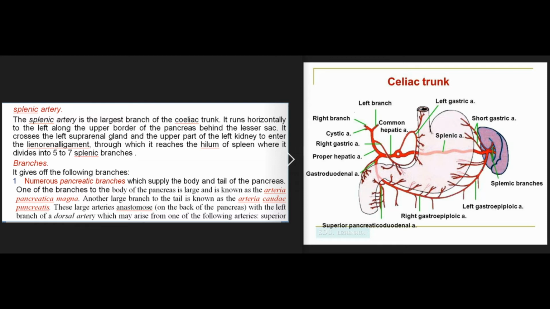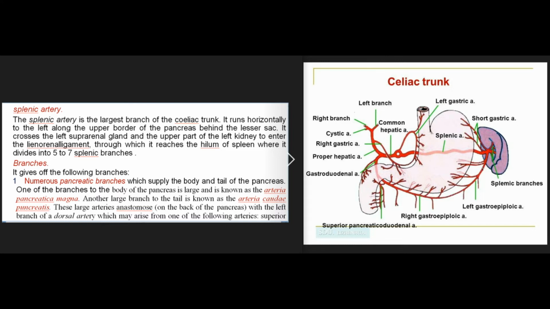It crosses the left suprarenal gland and the upper part of the left kidney to enter the lienorenal ligament, through which it reaches the hilum of the spleen, where it divides into 5 to 7 splenic branches. Branches. It gives off the following branches: